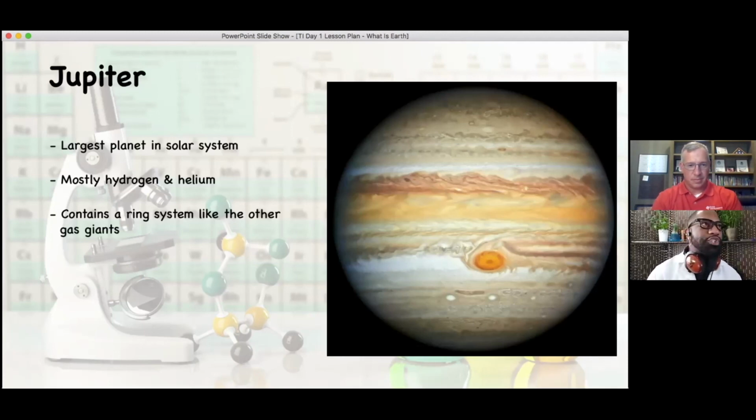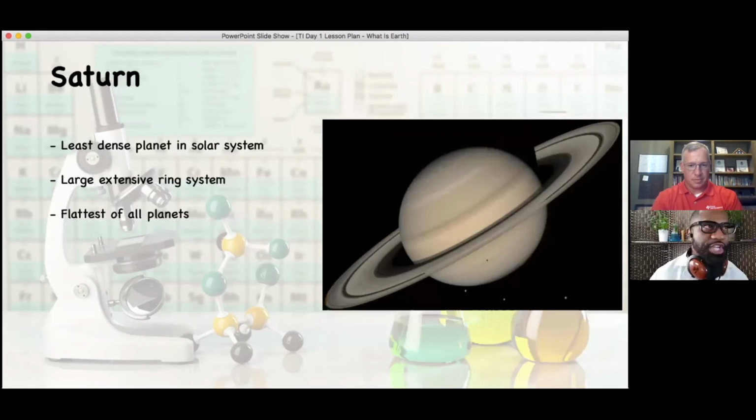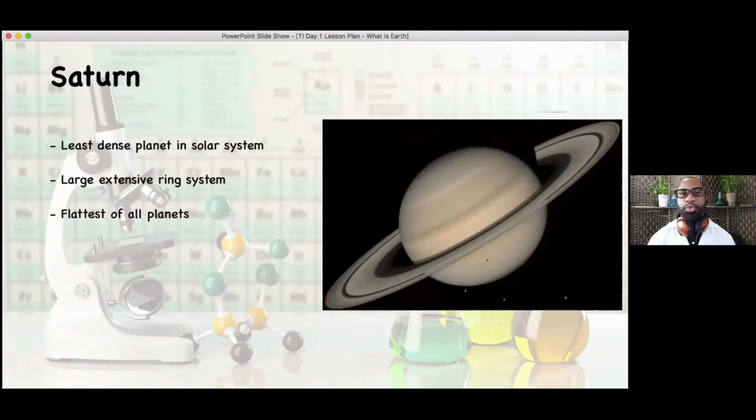So moving on from Jupiter, we have our next planet, which is Saturn. Now, Saturn has a very unique shape compared to other planets because it has a very quick rotation. So we talk about how Earth takes about 24 hours to make one full rotation, and it's much, much quicker for Saturn. And that's what actually causes its unique shape. If you take a look at how Saturn is shaped, it has more of an oblate egg shape, much wider around its equator. And that's because it's revolving and rotating so quickly.